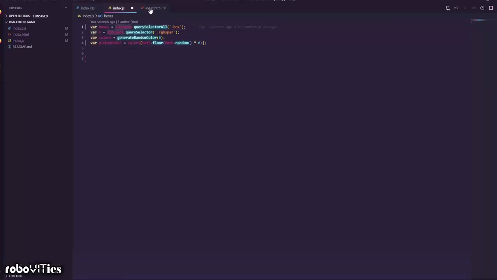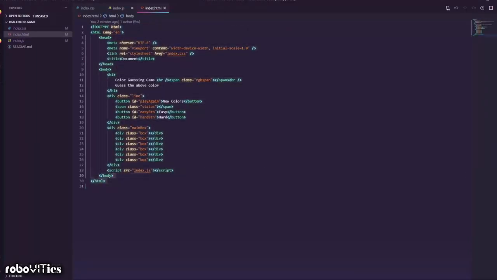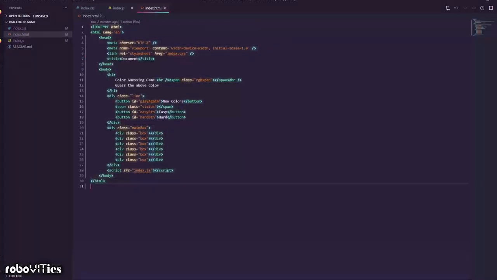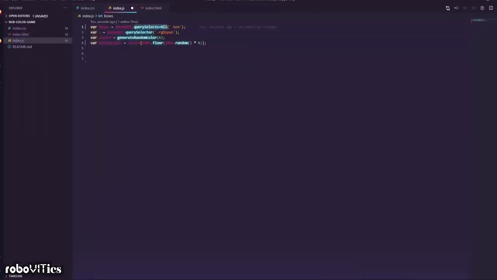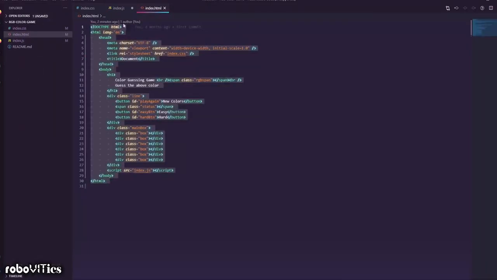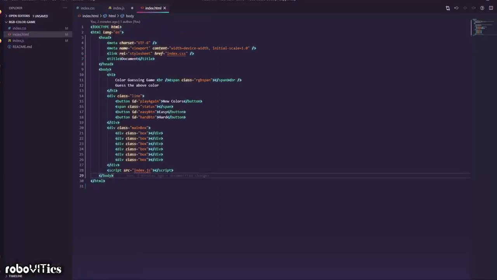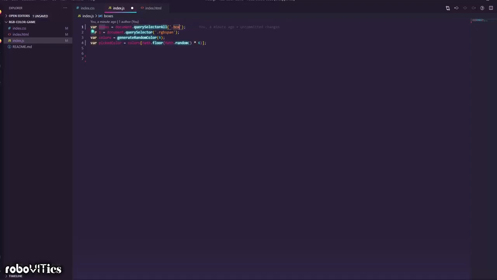What this document refers to is this document. So the HTML file, the whole body is a document, right? So it selects the document, which is this whole HTML, and gives a querySelectorAll. What a query selector is, it selects one of these tags, which we'll specify later on. Now querySelectorAll returns an array of all these matches. Over here we have given a class box to multiple divs, so we need all of these in one variable. So we use querySelectorAll and give the class name .box.